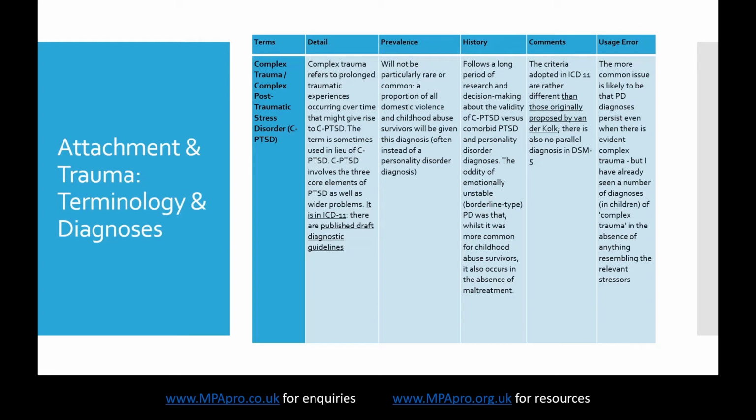The other one relates to this thing of complex PTSD. PTSD is where you have an accident or whatever and you develop post-traumatic symptoms. Complex PTSD is where you've had a series of traumatic events, usually throughout childhood, and that's now established as an ICD-11 diagnosis, and it's reasonably robust and it makes sense. If you've experienced lots of trauma in childhood, then it's quite possibly going to result in a complicated mix of psychological problems. That's not in any dispute.